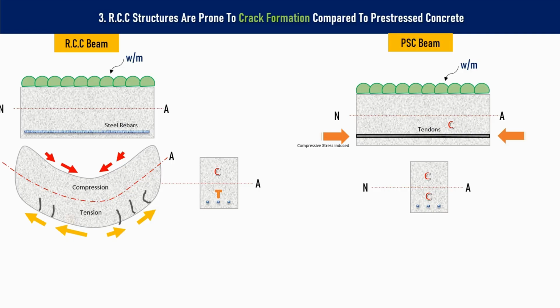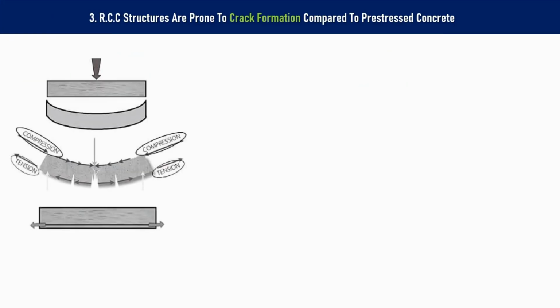Before the external load is applied, the concrete member is already compressed internally by the action of prestressing tendons. These tendons apply a precompressive force to the concrete, which counteracts the tensile stresses that develop under service loads. Because of this precompression, the entire cross-section of the beam remains mostly in compression even after the external load is applied. As a result, tensile stresses are significantly reduced or completely eliminated, preventing the formation of tension cracks that are